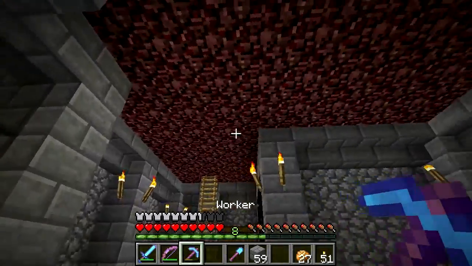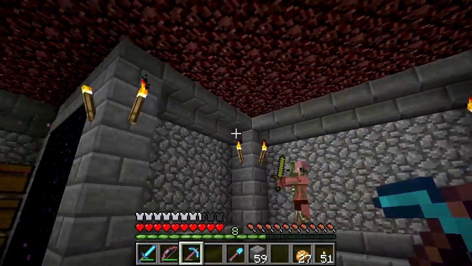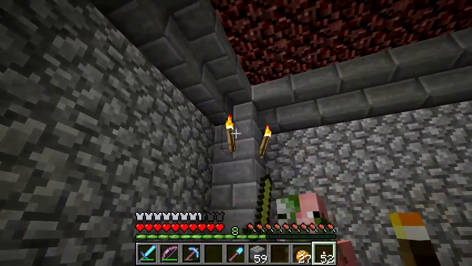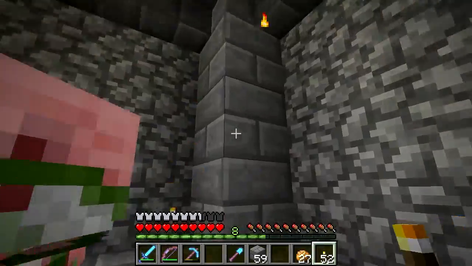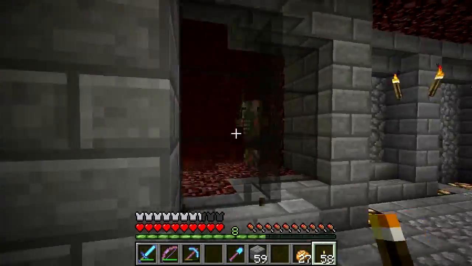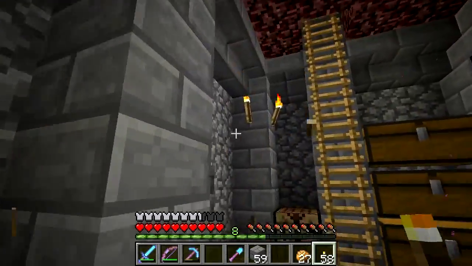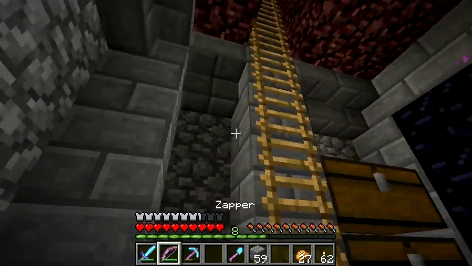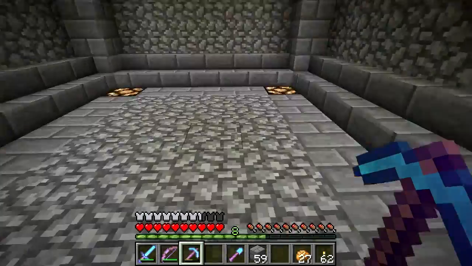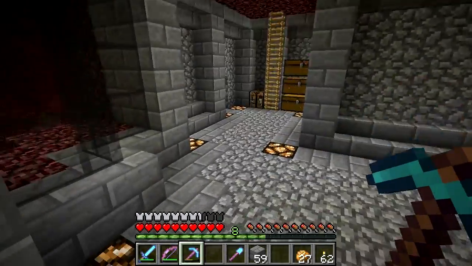So now we need to think about what we want to do with the ceiling. And I guess we can take these down now, as they're not needed. Just got to be mindful of the big zombies, the zombie pigmen, as I like to call them most of the time. So it's really a toss-up between stone bricks and cobblestone at this point as to what we want to do